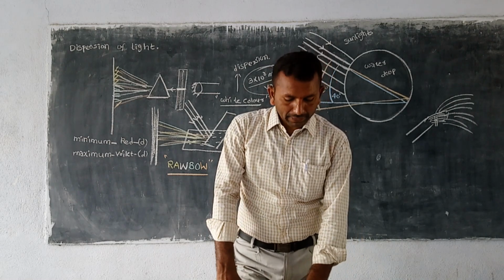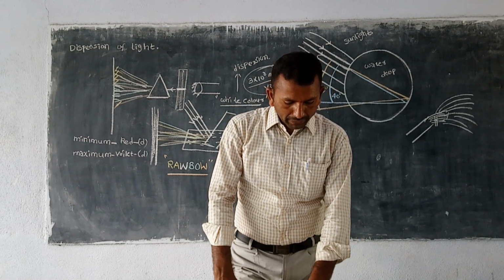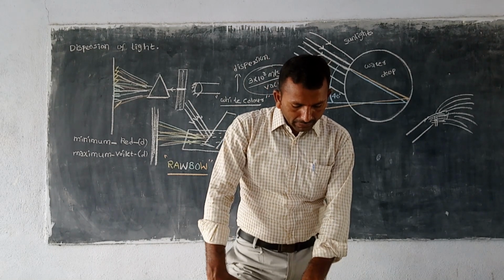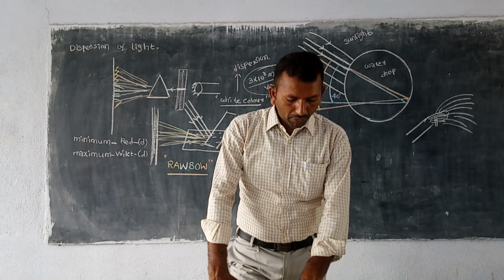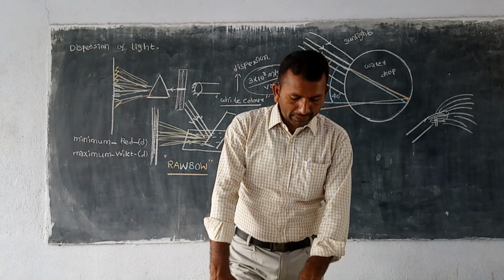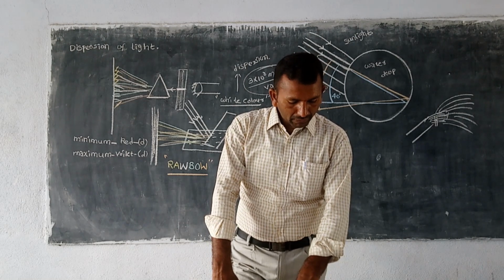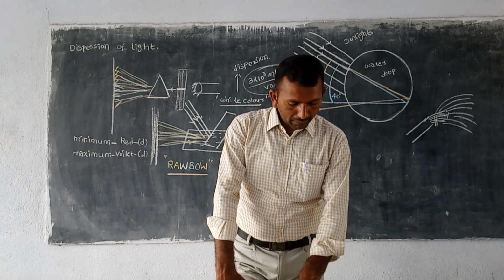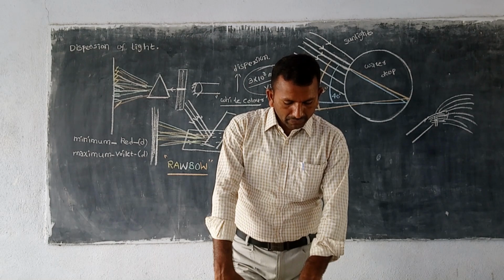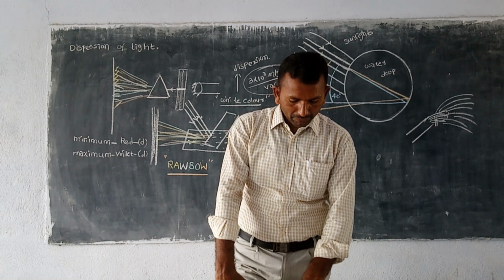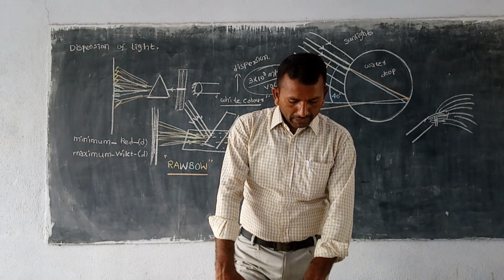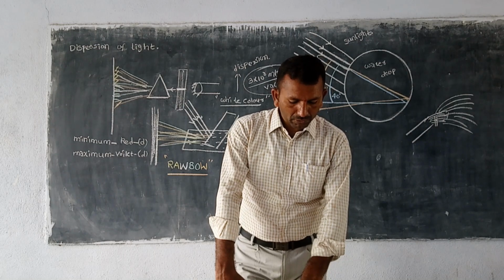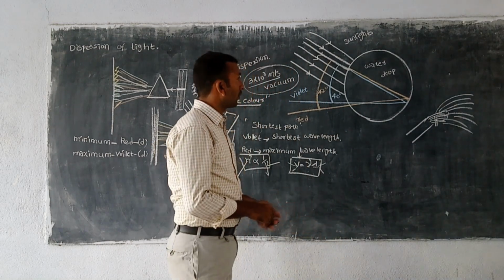And let us see by taking a single water drop. The rays of sunlight enter into the drop near its surface. At this first refraction, the white light is dispersed into a spectrum of colors. Violet is deviated the most and red the least. Reaching the opposite side of the drop, each color is reflected back into the drop because of total internal reflection. Arriving at the surface of the drop, each color is again refracted into air. At the second refraction, the angle between red and violet rays further increases when compared to the angle between those at first refraction. So, what is happening here?